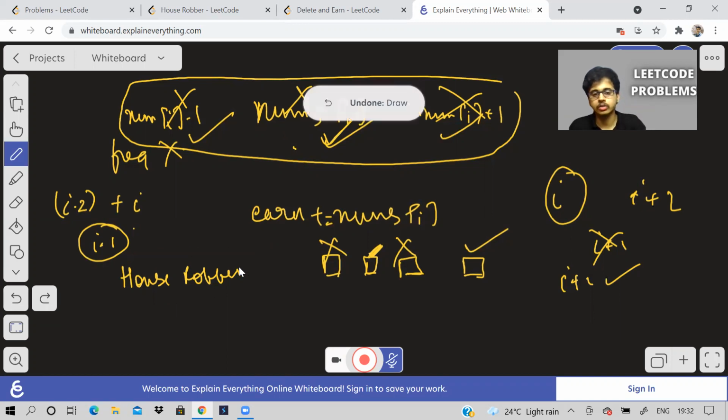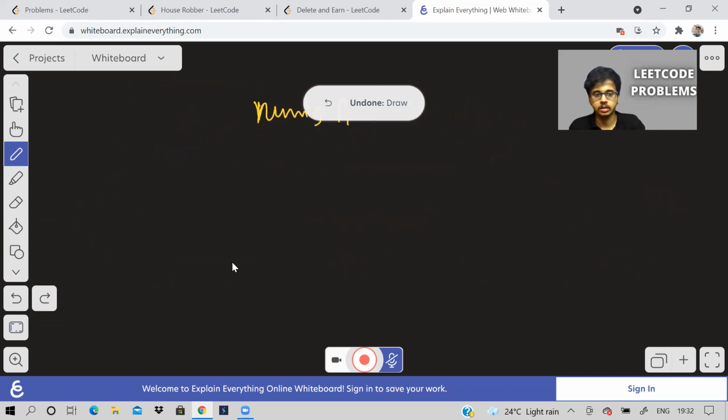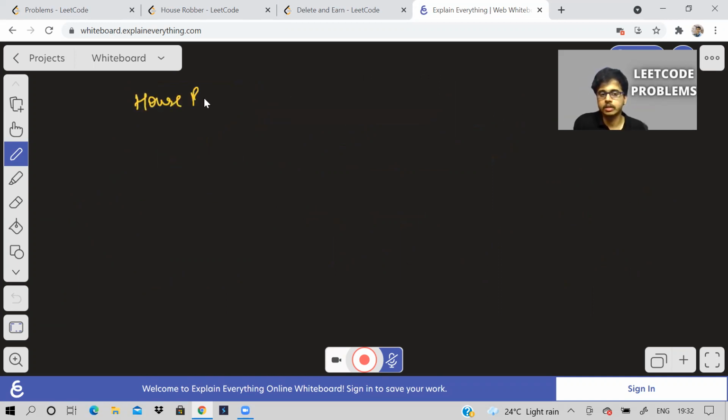And how to solve the house robber problem? First let us see how to solve that house robber problem, and then we'll try to relate it to our problem. So house robber, what was it? Let us say we have only one house, or we have two houses.